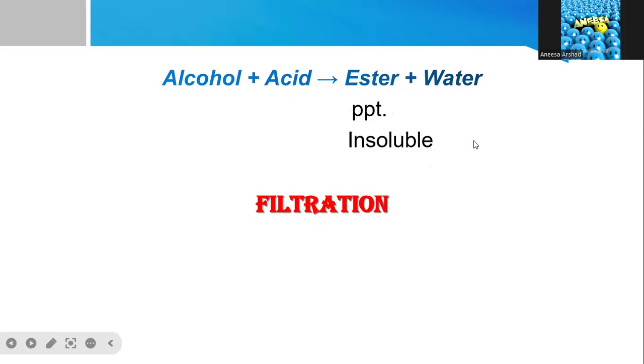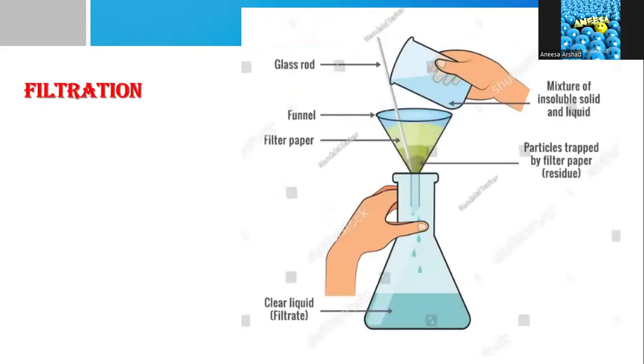So for that, we can use a technique named filtration. So this is how we perform the filtration. We usually take a filtration flask and then we put a funnel on top of it, and then we put a filter paper inside the funnel and then we pour the reaction mixture onto the filter paper. What happens is that the solvent passes through the pores of the filter paper and the precipitates get settled on the surface of the filter paper, and this is how we separate the product from the reaction mixture, the desired product. So in this reaction, we will use filtration, a very simple technique, to separate the ester from the water.